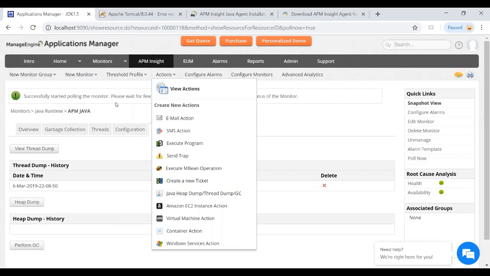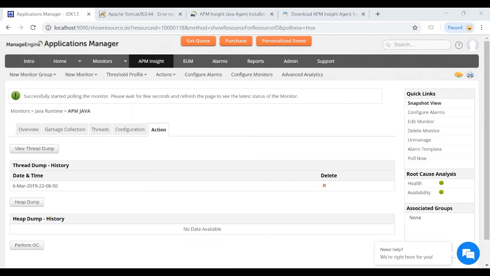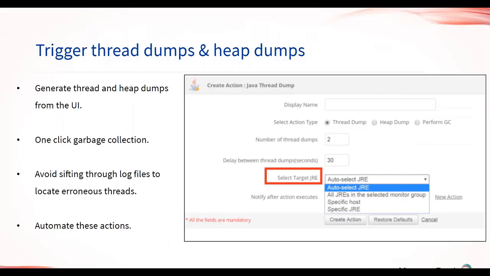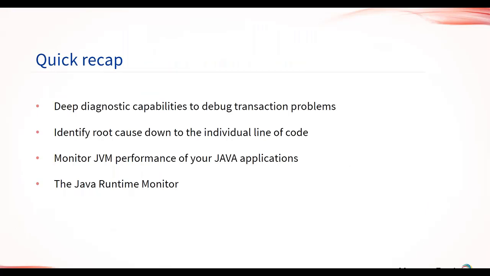So that is about the agenda today. I believe we have covered all the items in today's agenda. Let me just quickly walk you through the things that we have seen today before we move on to the Q&A session. We began by taking a look at different transactions. We performed some transactions. In fact, what we did first was we configured the Java agent and got it running. We hooked the application server to the agent, and then we ensured that the connection between the agent and the product is established. And then we used the Tomcat server to perform transactions on an online site hosted on this